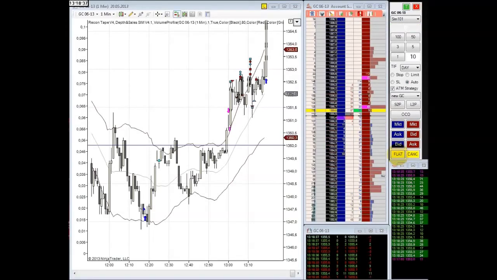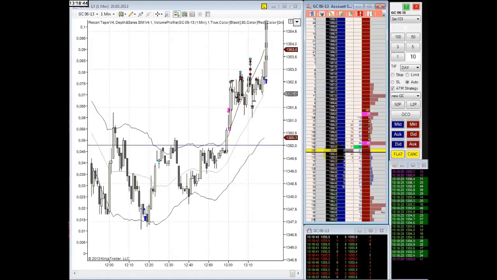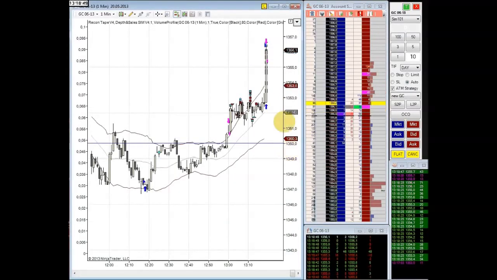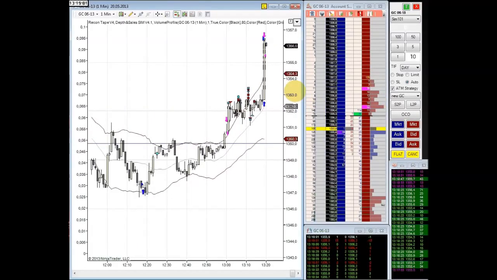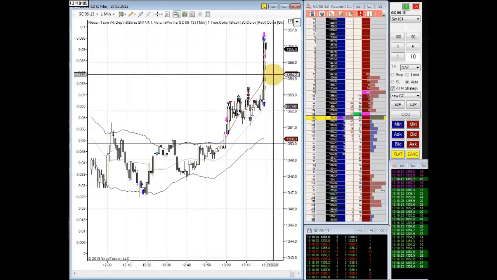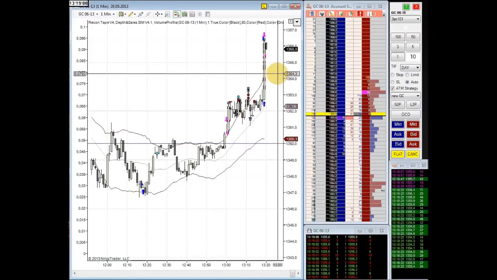And don't be worried, because I use Ninja configured with a local sim 101. It's a local simulation. The move was so fast, so violent. It's a huge move. You can see it. Because it is configured with a big delay, like 600 milliseconds, it simulated the fill very late and right at the end of the move. When you trade live,